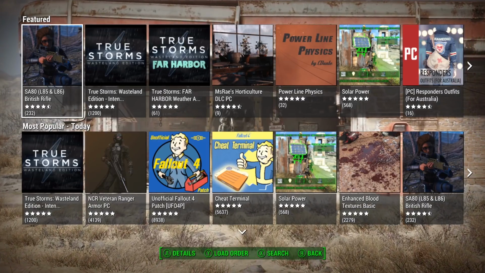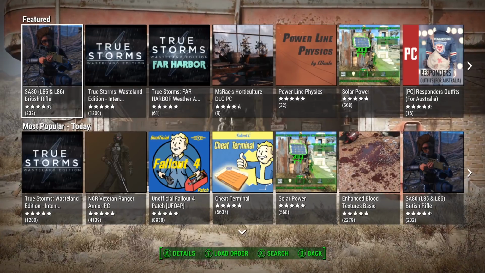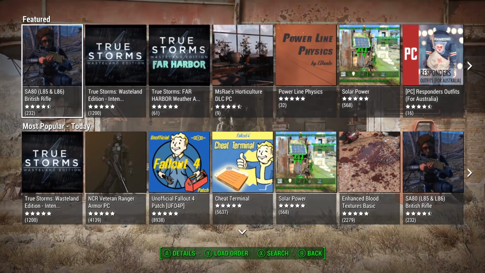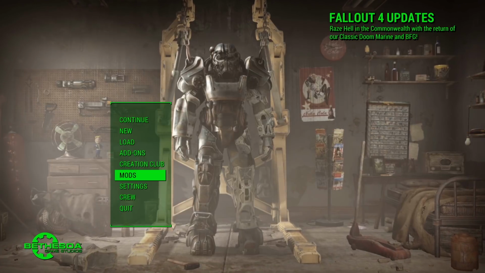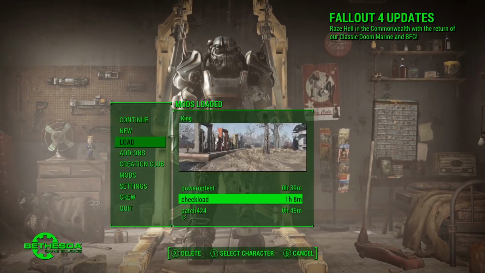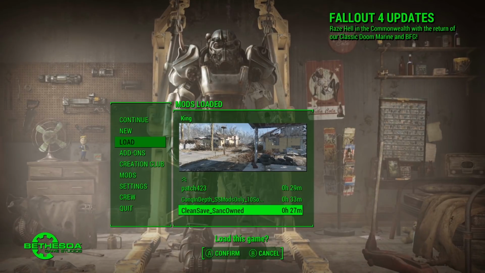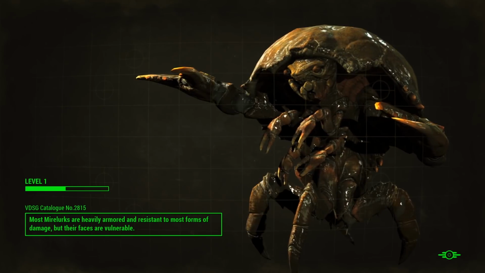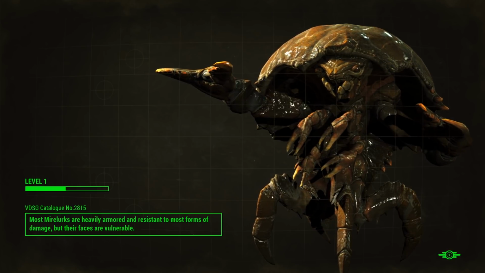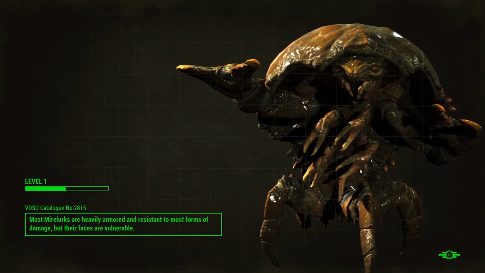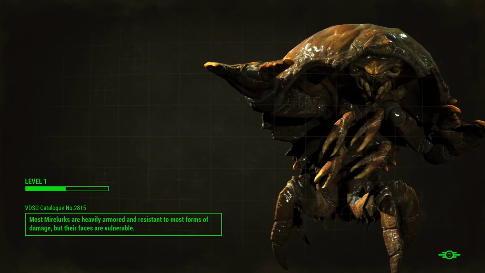Okay, now the third thing I want to talk about is the game crashing when you update a mod. And sometimes this can just happen in general. I'm going to load up a save real quick here. And this is not a save that has a bunch of stuff. This is not one that this is happening for me or anything. I just want to try and be in the game to show you what I'm talking about for trying to resolve this.